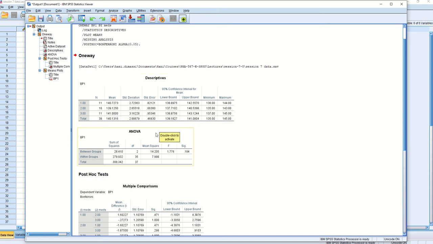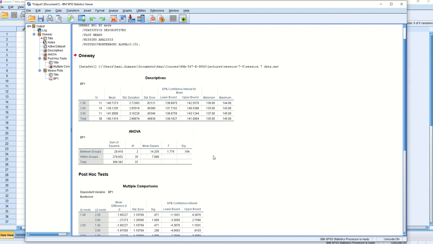Your second table is your ANOVA, the analysis of variance test, which has the between group and the within group, if you remember from your statistics course. The sum of squares, the degrees of freedom, the mean sum of squares. As a reminder, the mean sum of squares is nothing but the sum of squares divided by the degrees of freedom, for the between groups, then the mean sum of squares for the within groups. Then you're going to put the between over the within to get the F-test. And that F-test has 2 degrees of freedom, the 2 and the 35 together, to produce the p-value,